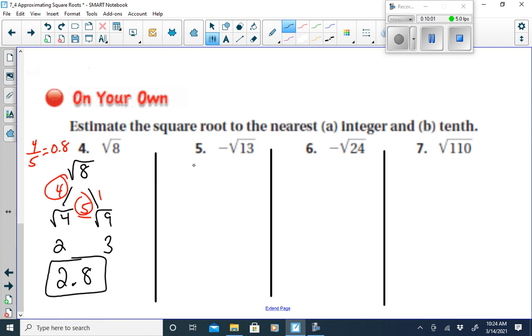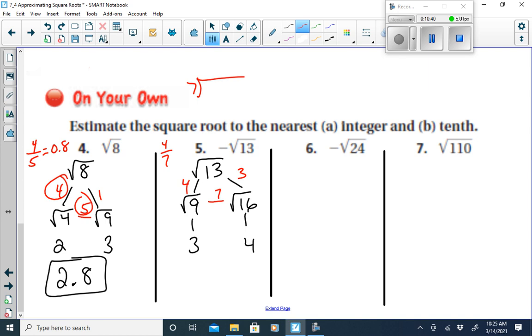Let's try the opposite of the square root of 13. Square root of 13 is in between what perfect squares? The square root of 9 and the square root of 16. Square root of 9, we know that that's 3. Square root of 16, we know that that's 4. We know the difference here between 9 and 13 is 4. Difference here between 13 and 16 is 3, so that difference is 7. So we take the fraction of 4 over 7,